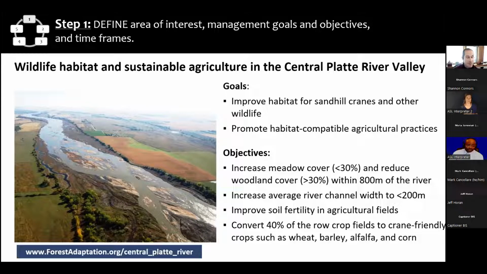They came in with some very well thought out objectives about habitat composition and restoration that they wanted to see along the river corridor, as well as wildlife friendly agricultural practices that they were hoping to implement.